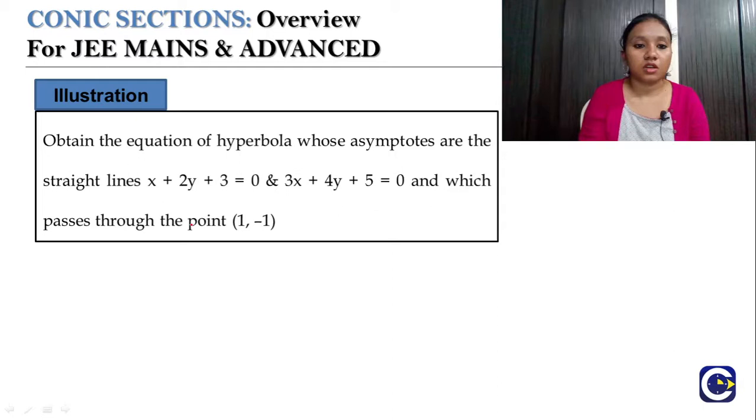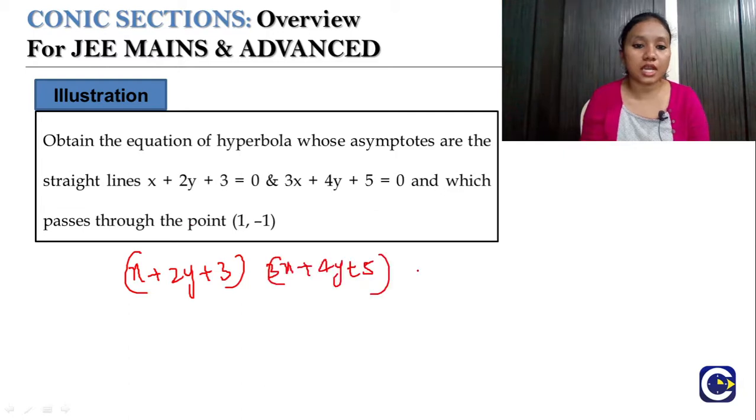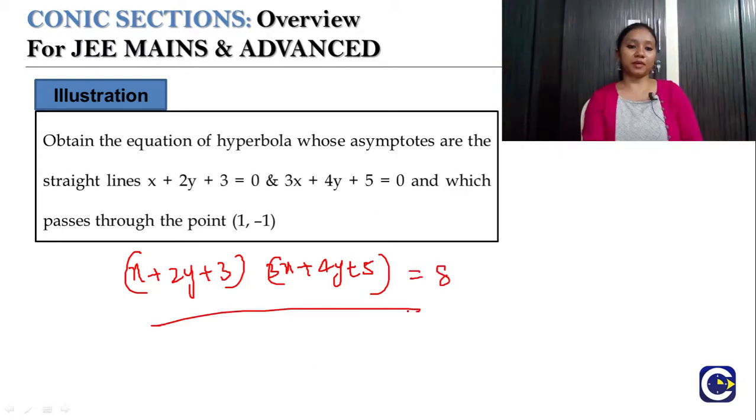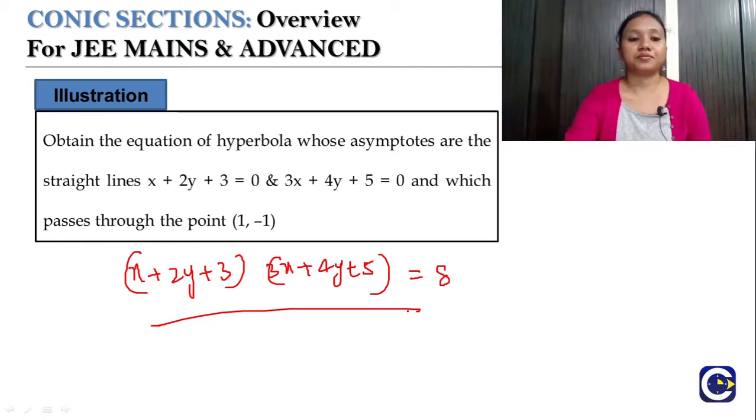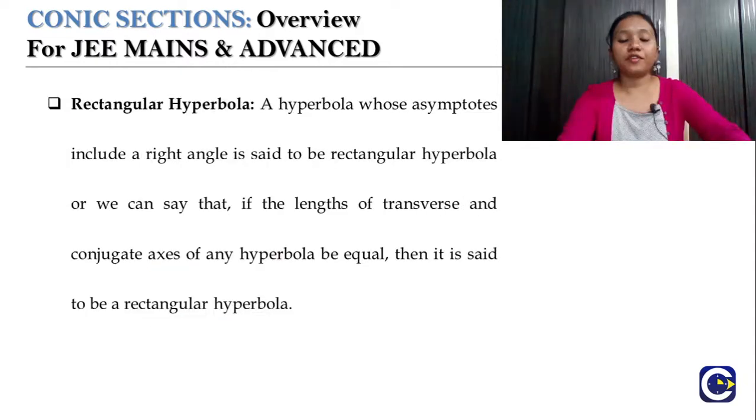So this combined equation has a constant which is equal to 8. So that means this is nothing but my equation of the hyperbola, because that is always constant according to the relation. So this will give you the equation of the hyperbola here. Right, so far we have talked about our hyperbola and asymptotes and everything.